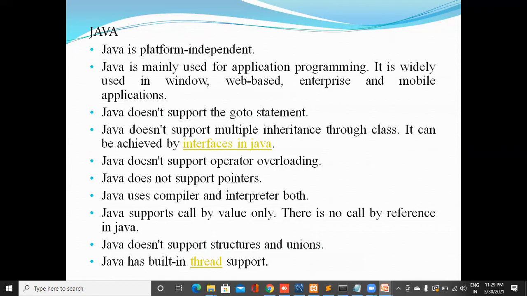And Java does not support the go-to statement. Java does not support multiple inheritance through classes, whereas multiple inheritance can be achieved through interfaces in Java. Java does not support operator overloading. Java does not support pointers,